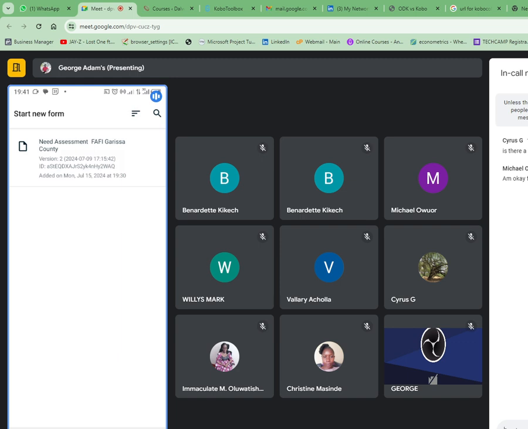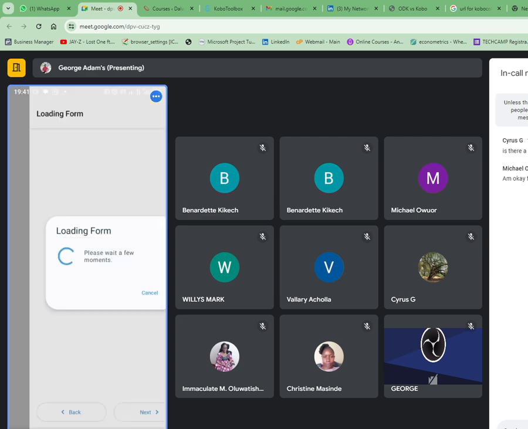Now you see the form that you have downloaded. So that means what you're doing right now, we have started the process of collecting data. So this is the form that if you are doing it manually, you would have maybe given somebody a piece of paper. So you're having now an electronic form. So if I open it,